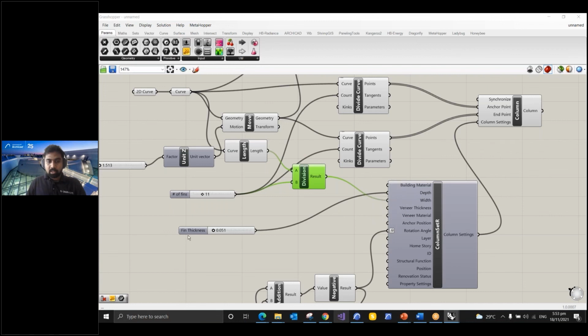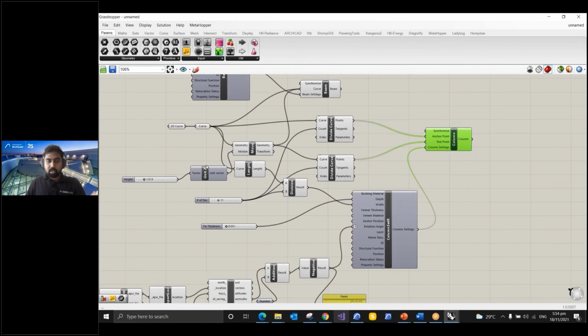And then the fin thickness is again a slider input. Anybody can just change it and change the thickness of the fin. So now we have created our device. So now we need to make it